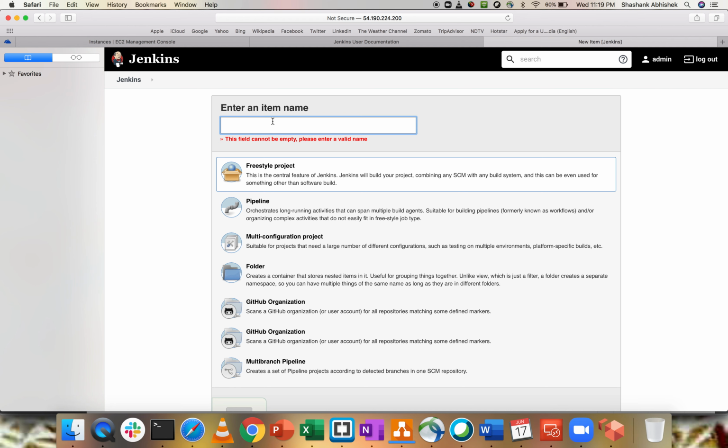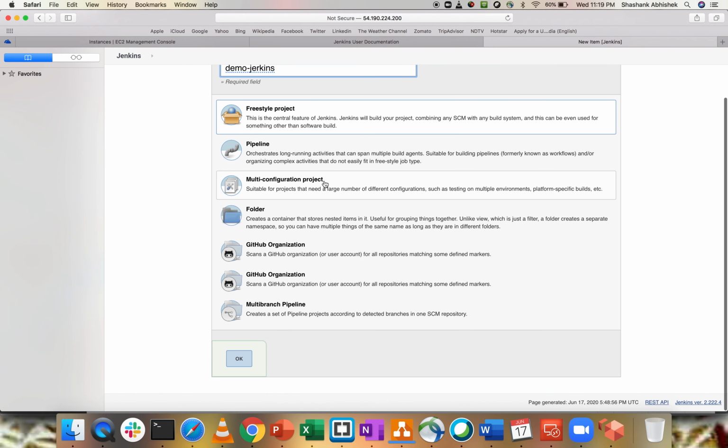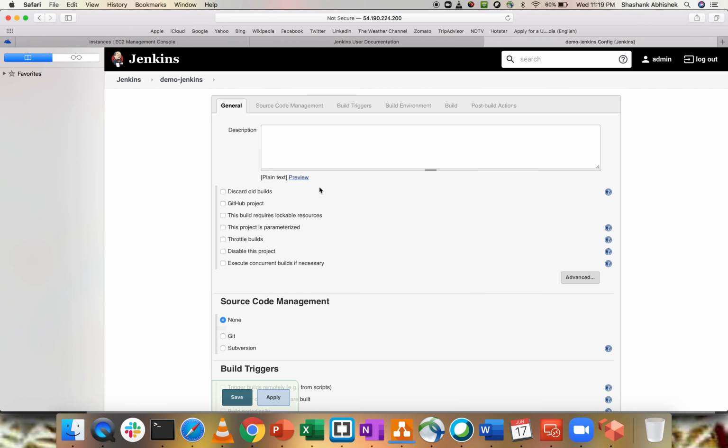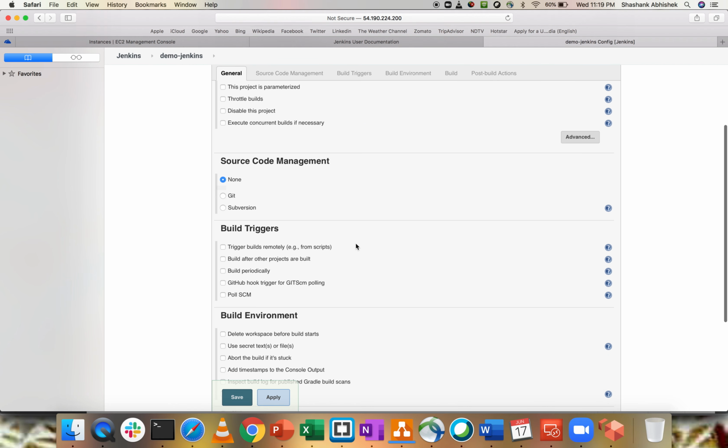So let's go with a freestyle project, like demo Jenkins. I'll go with freestyle. Click OK at the bottom. Now this is our project where we have to configure our settings. All the data has to be configured within this particular page, like what do you want to do with the Jenkins project.